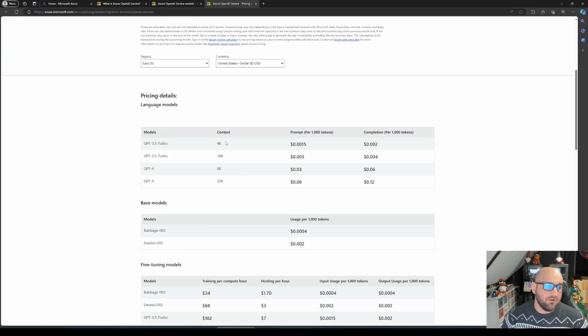GPT 3.5 Turbo has a context of 4K, so 4,000 tokens is its limit. And each prompt, each input is calculated per 1,000 tokens. So you've seen the word hamburger is 3 tokens. Make your estimations on how much which input would be based on this. So in this case, it will be